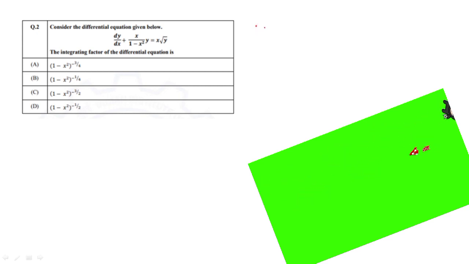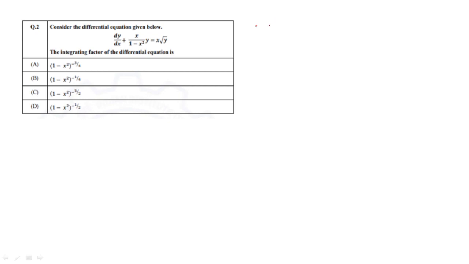So here, in case of ECE GATE 2021, the first question I would like to solve is a differential equation. Consider the differential equation dy by dx plus x by 1 minus x square into y equal to x into root y. Then the integrating factor of this differential equation is,